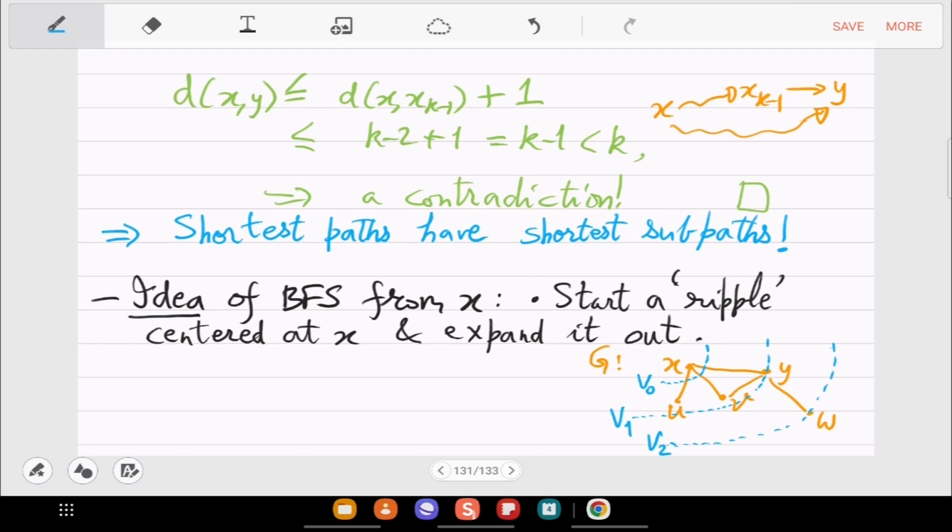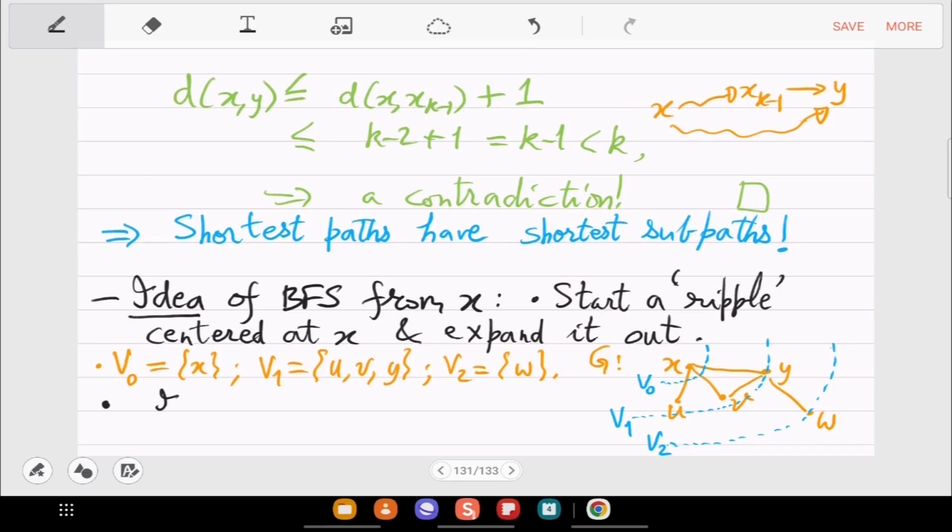Just based on this, you can actually give a pseudocode to do BFS traversal and find distances. So V0 is the set X, V1 is the set U, V, Y, and V2 is the set W. So that is how the ripple grows, and some of the things you have to keep track of in the pseudocode is this distance, temporary distance.